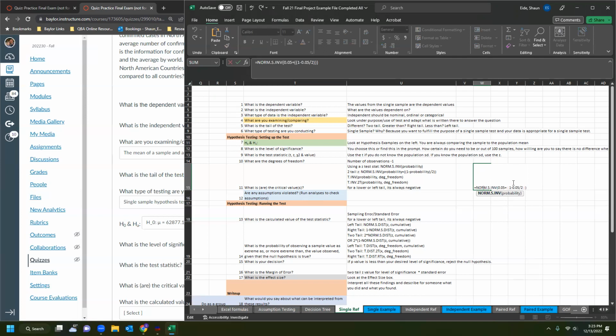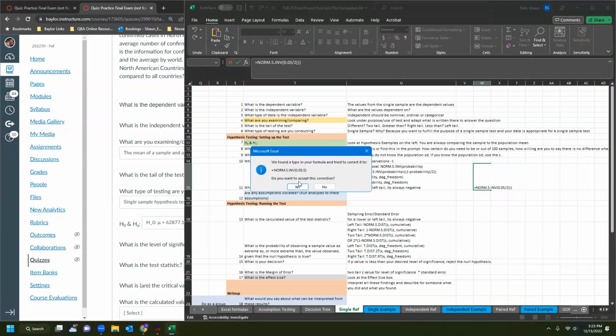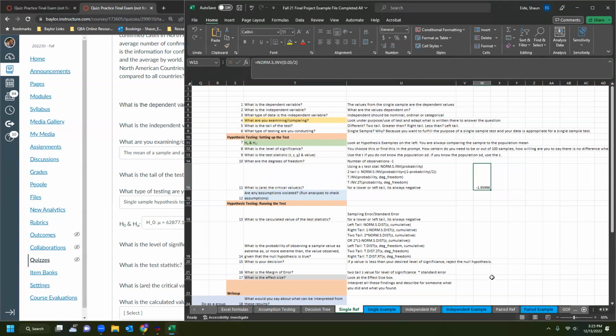And so I think that this is 1 minus the probability divided by 2. Yeah, this seems to be a little off. So let's just do this. 1 minus 0.05 divided by 2, or 0.05, it really should be 0.05 divided by 2 here. Let's do this. So this right here,